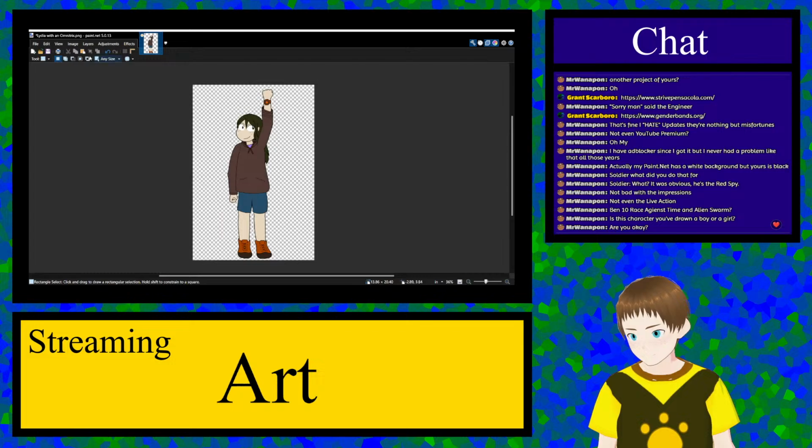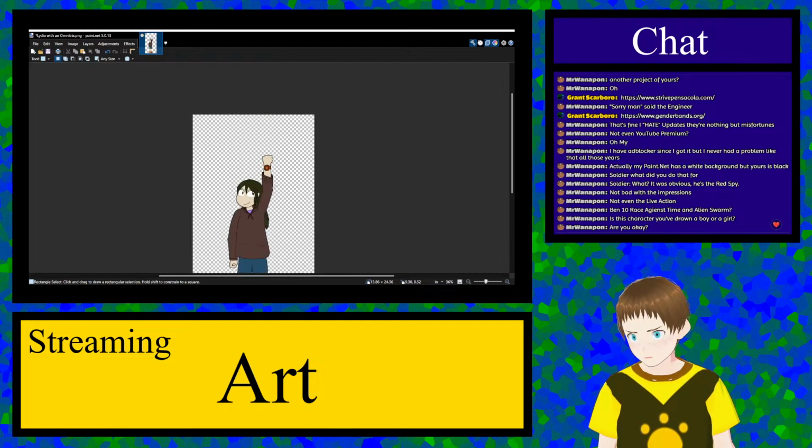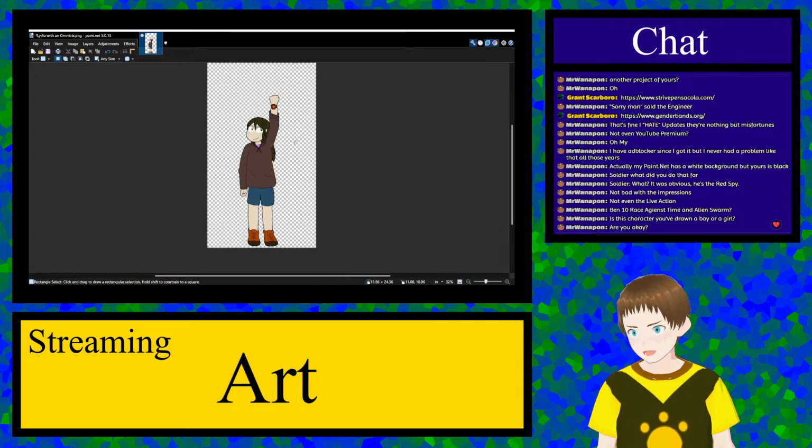But now we just need to canvas size. We're going to go to here. The height, I'm going to change that to 2358. Yeah, it's a lot better. So now,